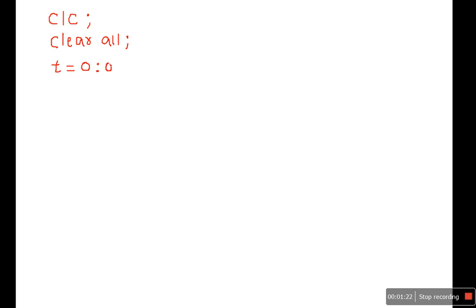So 0.1 I am giving here, means the signal will go like 0, 0.1, 0.2, 0.3. Whatever may be the end value you give, until that point it will take. So 0.1, 0.2, 0.3 and so on, 4.8, 4.9, 5. So it will take till 5. So this is the time to give. You can give any value over here.